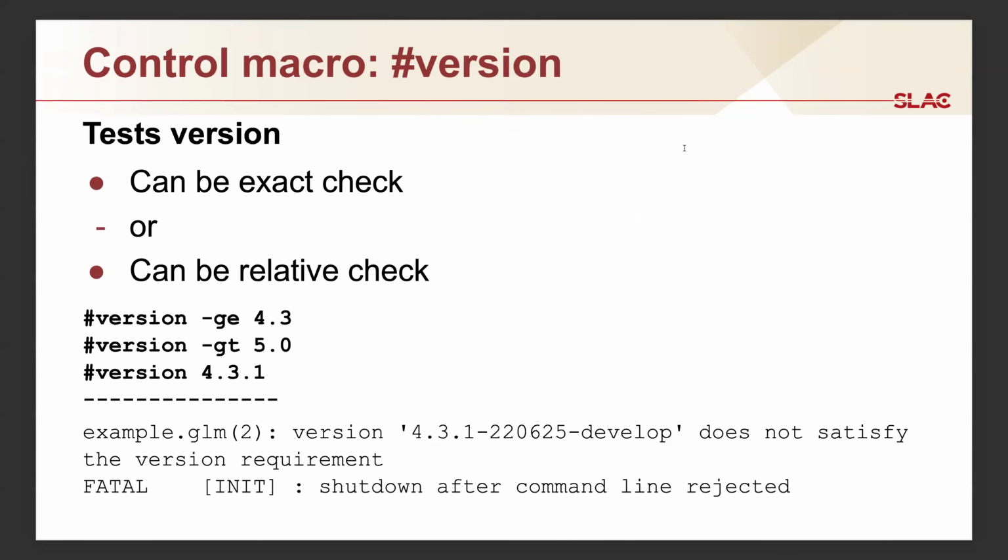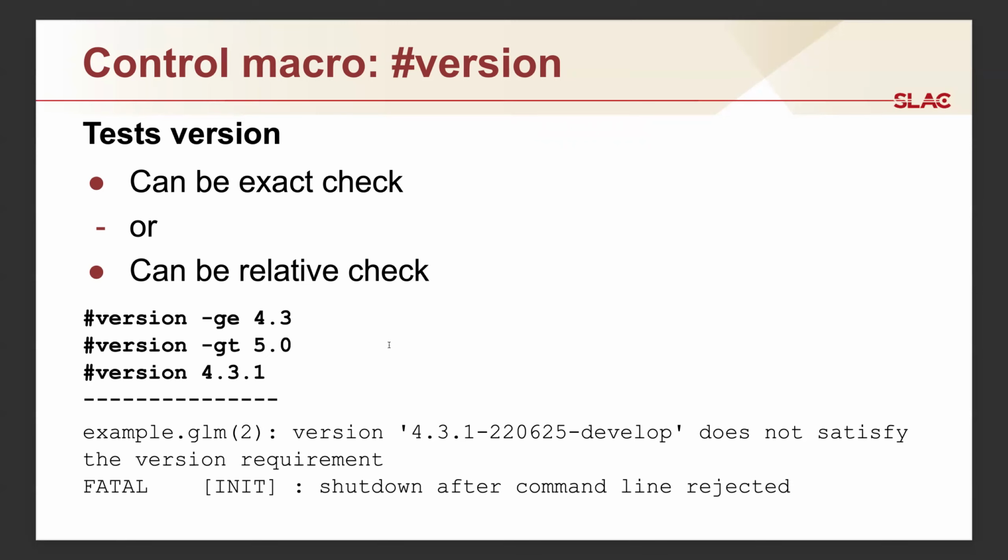Next is the version command. Typically, the version command is just used to check that the version is the one you expect. The simplest form of the command is just to check for the version number itself. And if it doesn't match, you'll get an error. But you can also check to see that it's greater than or equal or less than. Any of these are allowed, sort of the usual things that you might expect. And if you want details on this, you can look at the version subcommand or the version macro